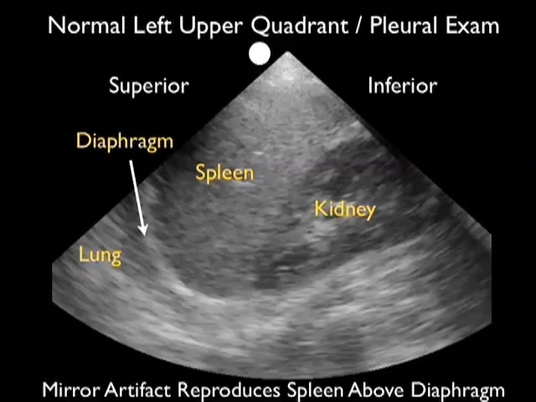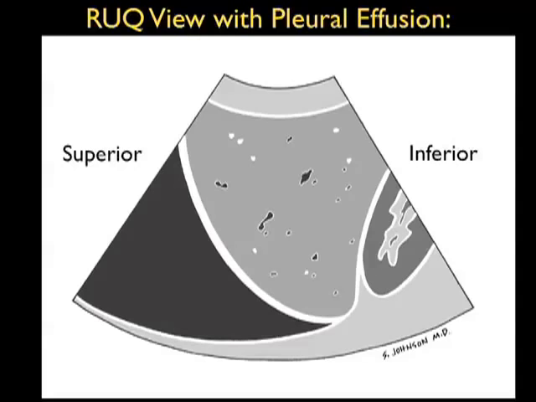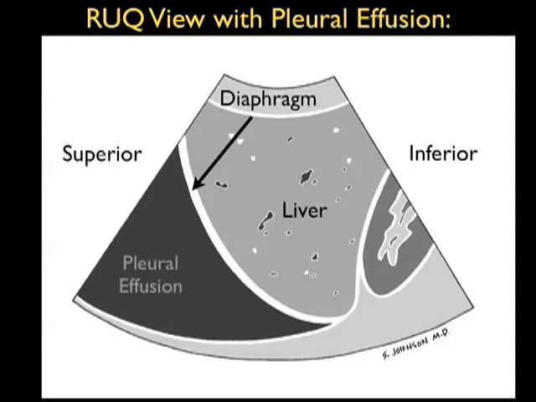Fluid will appear very differently and will have the appearance of a dark or anechoic stripe right above the diaphragm. Here's an illustration showing a positive examination from the right upper quadrant view with a pleural effusion above the diaphragm. We're in that long axis configuration, so superior to the left, inferior to the right. We see the liver in the middle of the image here, and the diaphragm, the white line, is seen right